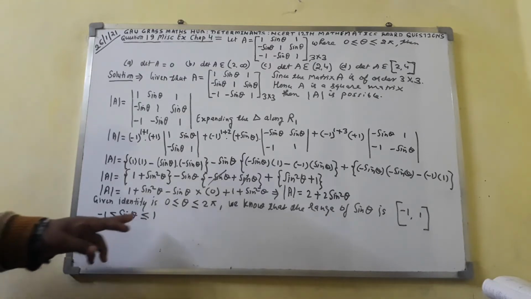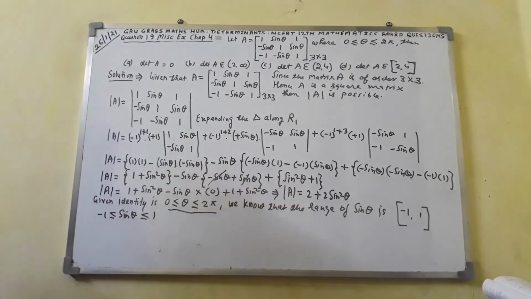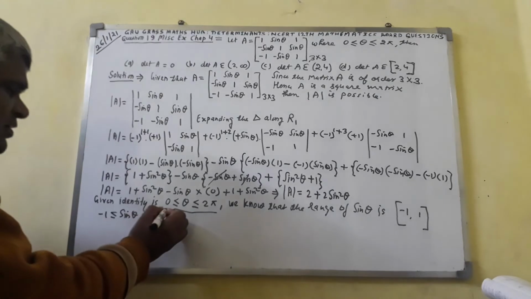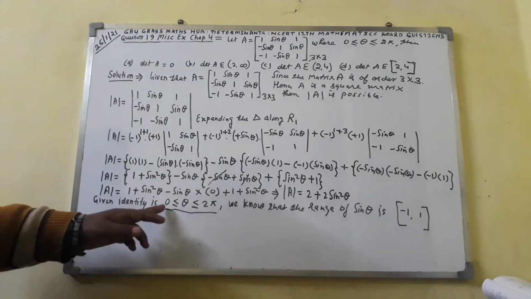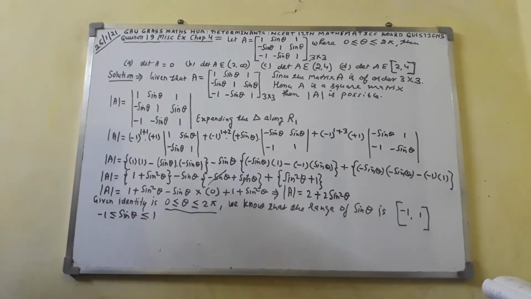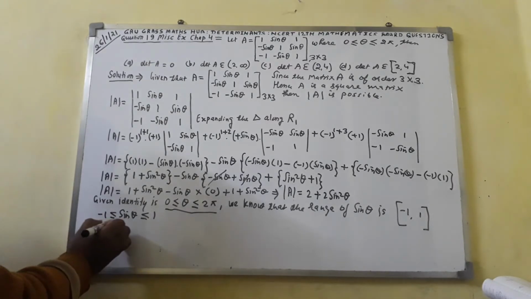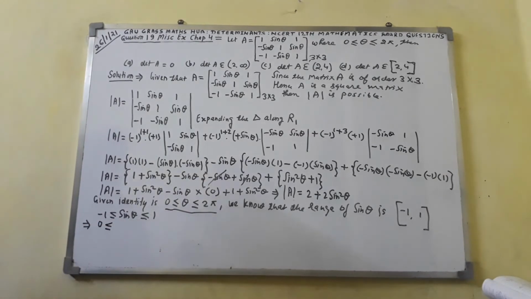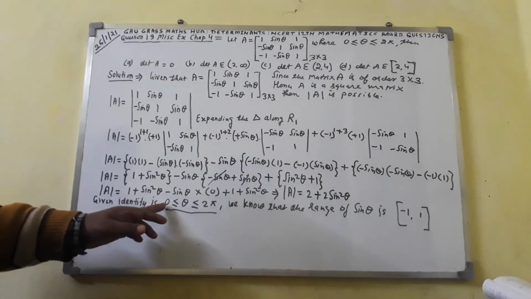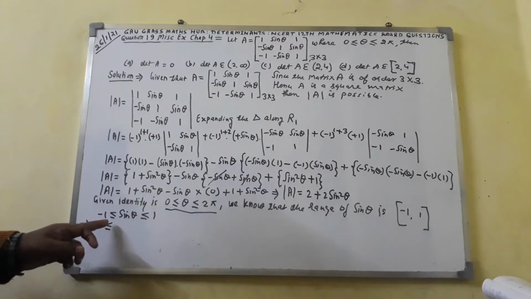But here you can see identity, this one is there. On the basis of this identity, I can write implied that 0 less than equal to...